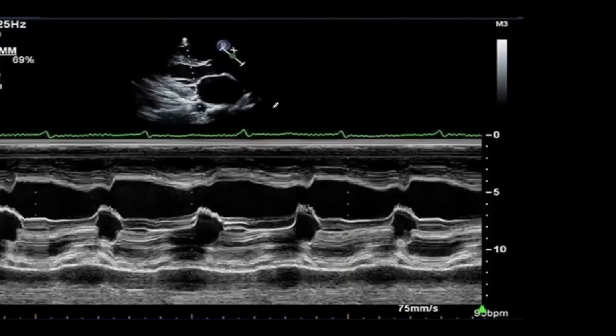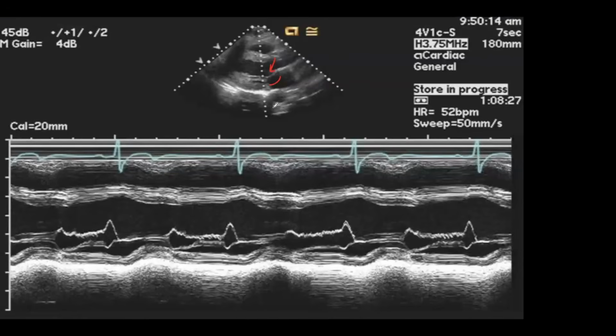How about this one? Although I guess dilated LV. Yeah, there's the dilated LV, but the other sign of severity would be premature closure. Oh, okay, so